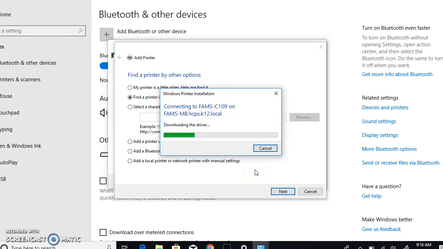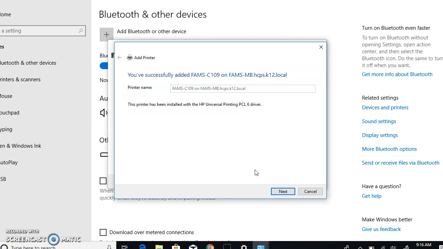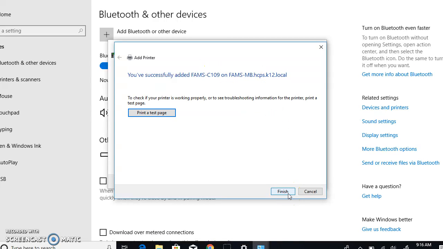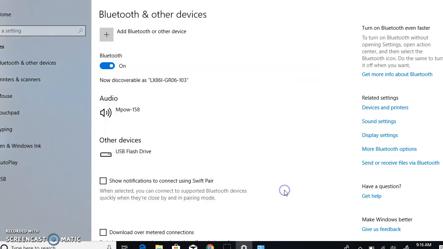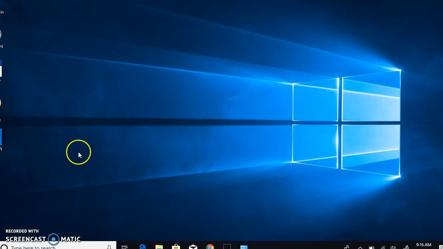Oh, still connecting. You've successfully added C109. Hit Next. No, we don't want to print a test page. We just want to finish. Boom. Now you're done. So now when you're in Microsoft Word,